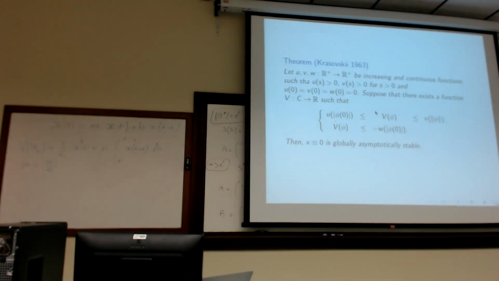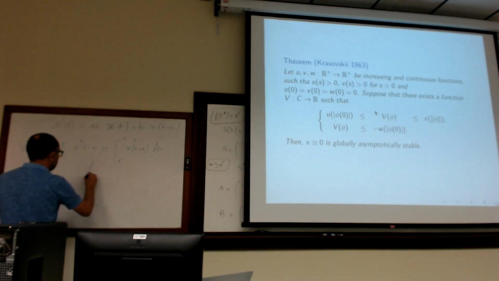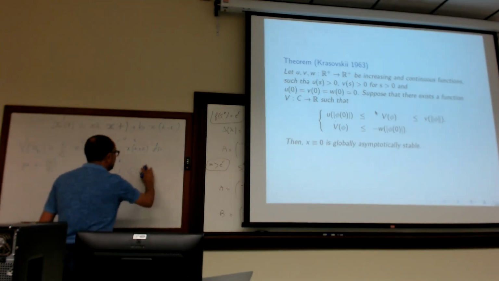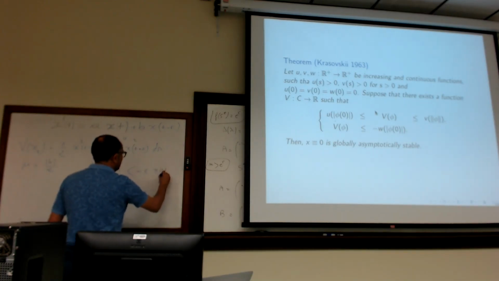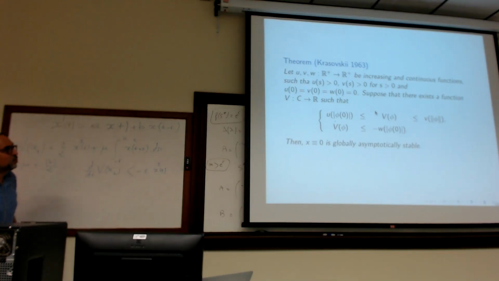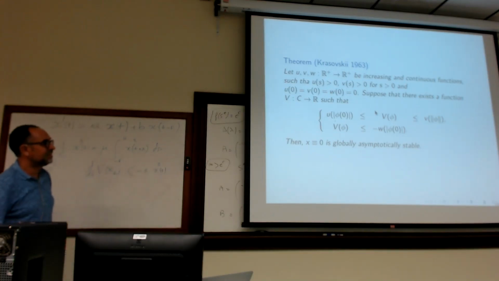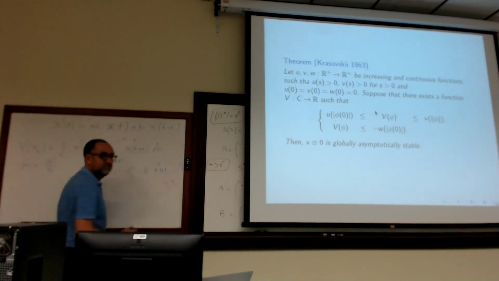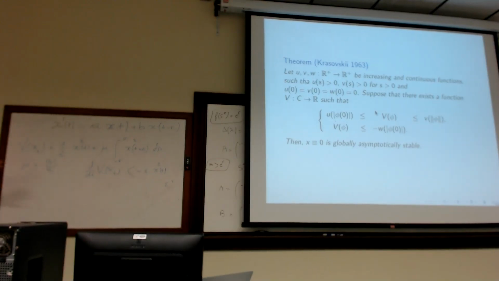It's not difficult. When you have this, you have to prove that the derivative of this function, if you put it on the solution, is negative. Okay, less than, let's say, minus epsilon x of t, something like that, or square maybe. W is, let's say, minus epsilon, and we have to find epsilon. We always do like that. You calculate the derivative and you put it in the solution.